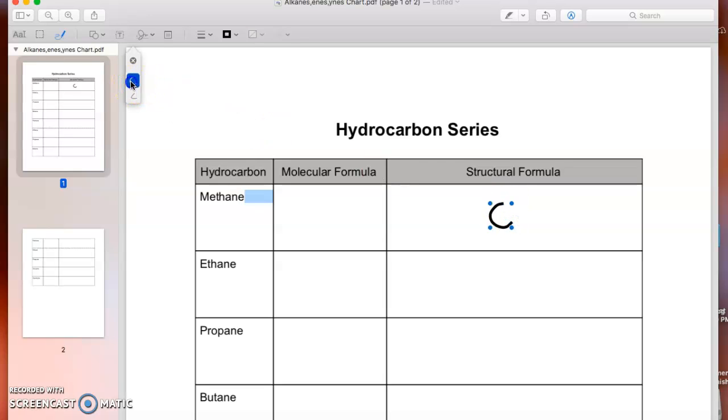Okay. So it tells us that we have 1 carbon, and we know that carbon has 4 valence electrons, so it can attach to 4 other atoms or make a total of 4 bonds. So if we have 1 carbon, then we can attach 4 hydrogens to this carbon here. Okay, I'm not going to draw the hydrogens just because I have a lack of space,